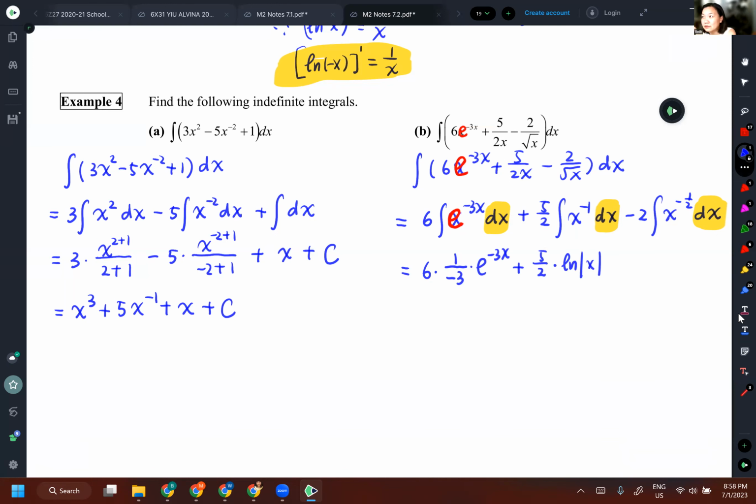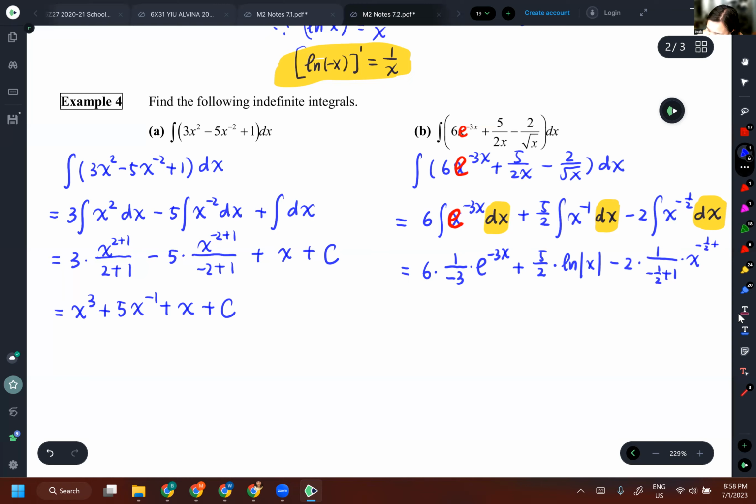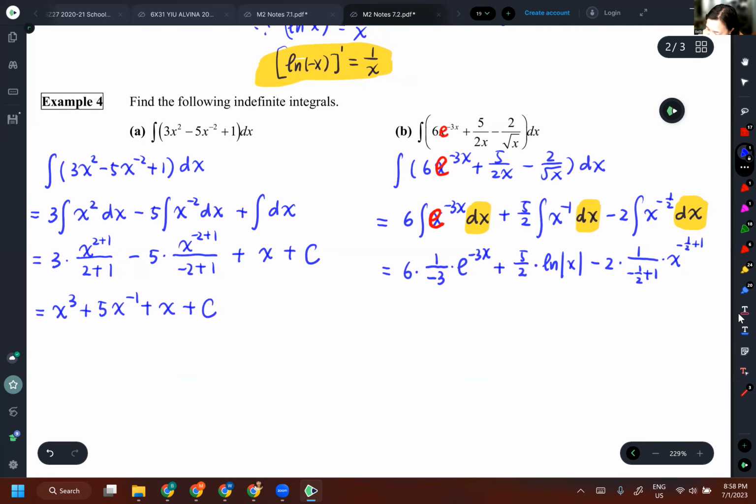And for the last one, formula B, negative 1 over 2 plus 1, and then x to the power negative 1 over 2 plus 1, plus c. So in the end, it's negative 2 e to the power negative 3x plus 5 over 2 log absolute value x